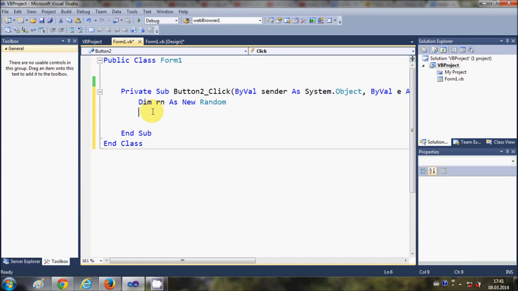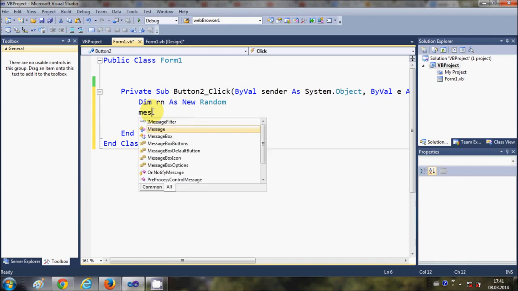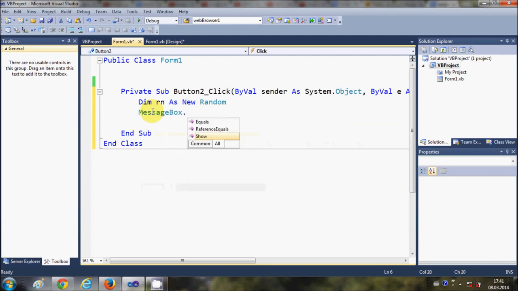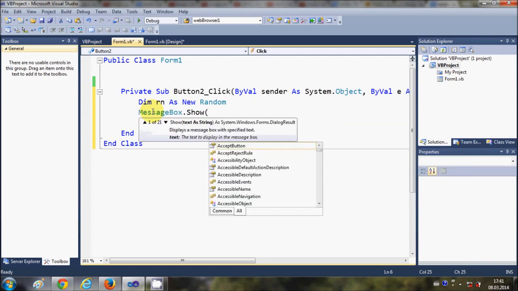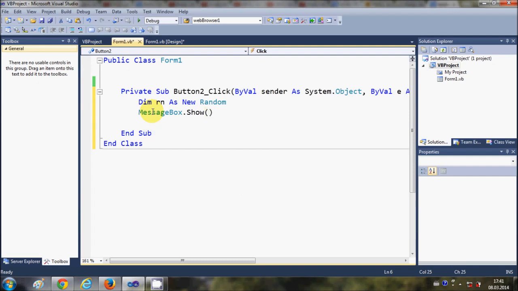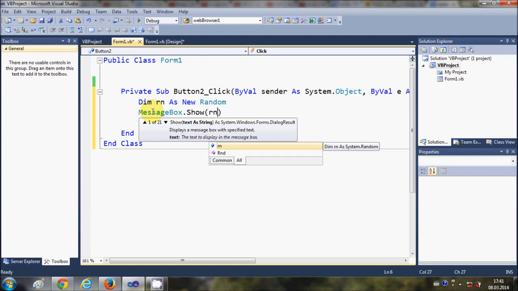And for example, I want to generate this random number between a minimum and a maximum limit. So for example, I want to create this random number between 5 to 50. How can I do this? I will show you. So let me show this random number in a message box. I will write message box dot show, and in between this message box argument I will write rn, which is my random number